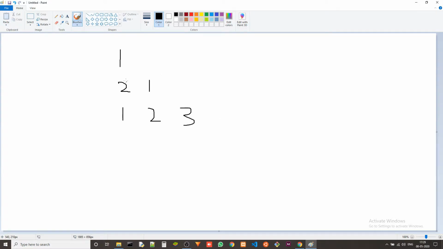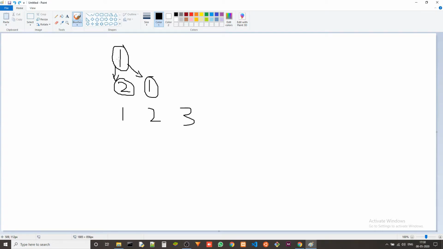Now what we want is the maximum sum following a path. Every path starts from here, and then we can go either directly below and add this number, or we can go one below and one to the right, which means this number. We have to choose if we want to add this or this, so that we can maximize the sum. Let's say we follow this path. 1 plus 1 will be 2.